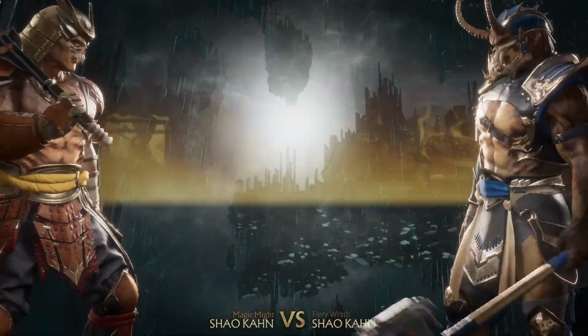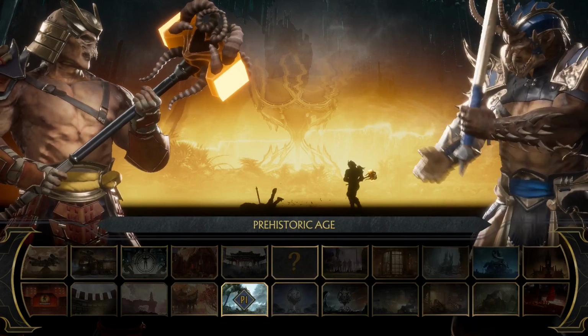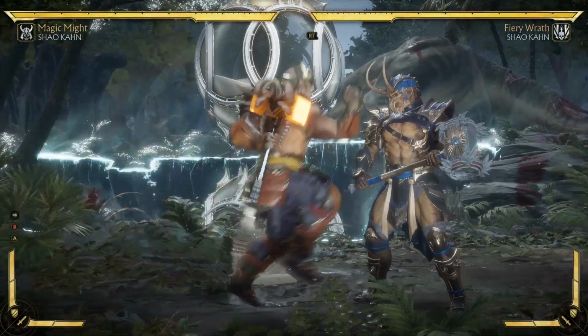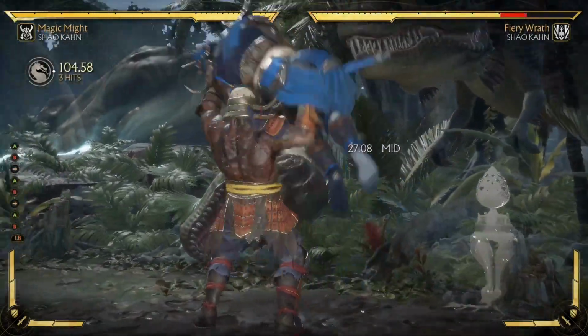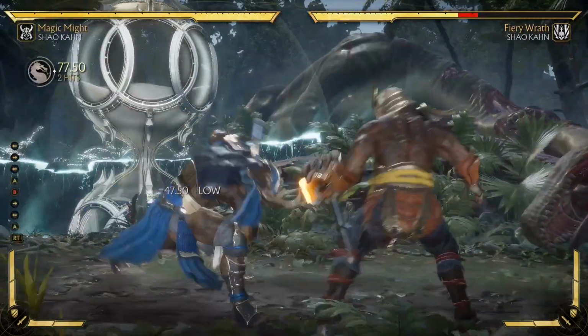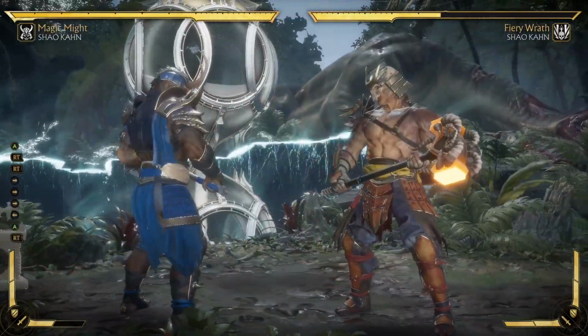If you actually like Shao Kahn in any way, shape, or form, I'm not that big on him. As you can see, I didn't even change his variation names to competitive ones. But if you're a Shao Kahn player, let me try to remember the string. I'm pretty sure it's not that. Yeah, this thing is now special cancelable. So you can do the full string, and you can special cancel into shoulder. And the really fun part